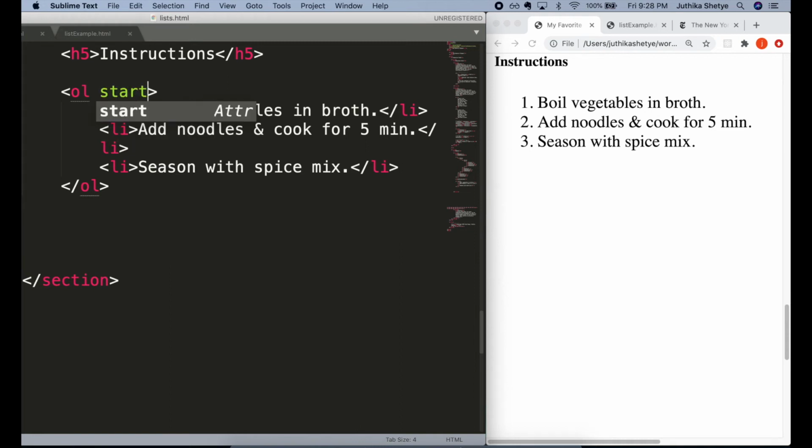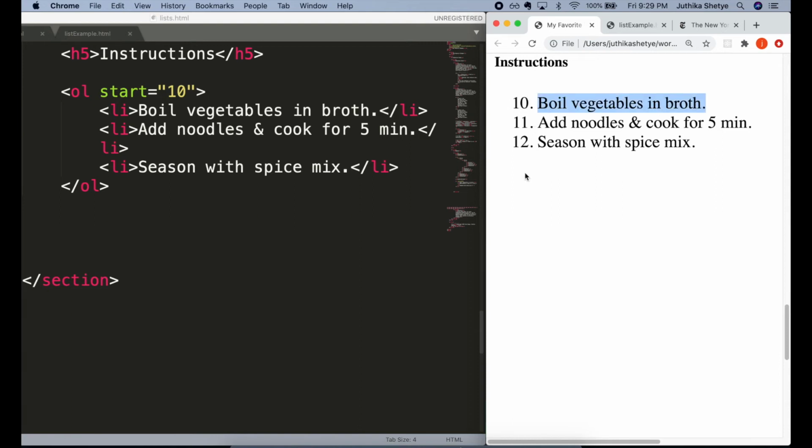Just write the word start inside the opening OL tag, then an equal to sign, followed by quotes. And then write whatever number you want your list to start from inside these quotes. So in our case, we are writing the value as 10. And you can see in the browser now, the numbering for this list has started from 10.